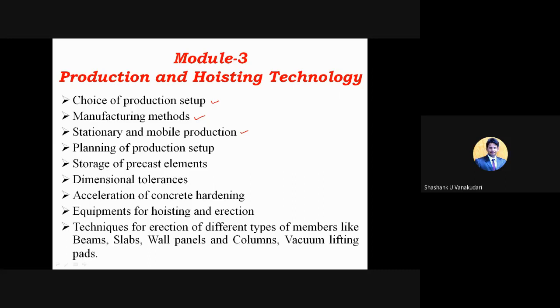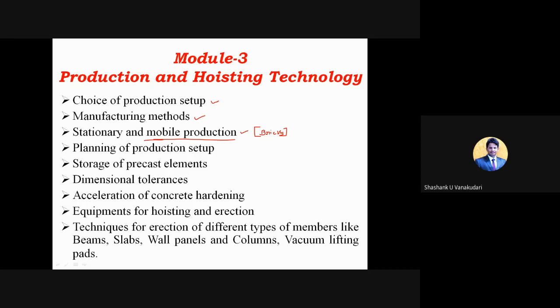Mobile in the sense that the entire plant is going to move from one place to another. Plant, in the sense where you require smaller structural elements, for example bricks and all. Those pavers, bricks and all you can manufacture by this mobile production only. You just need to take that entire mobile production setup, and at the required location you can place that setup, and then take the required product from that machine. Okay, stationary in the sense which is used for large constructions, and it can't be moved from one place to another place.